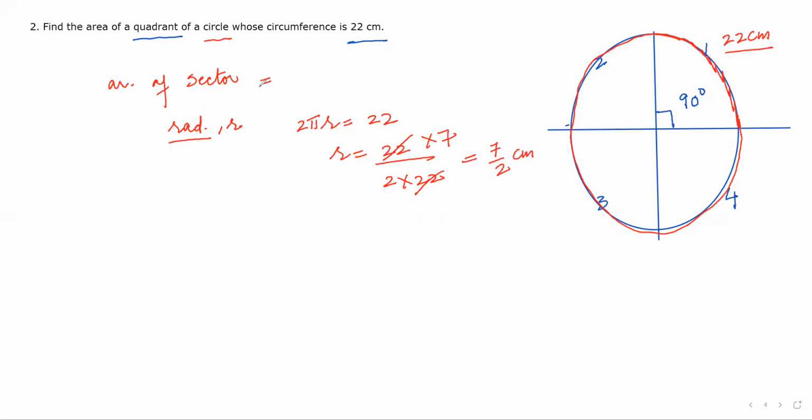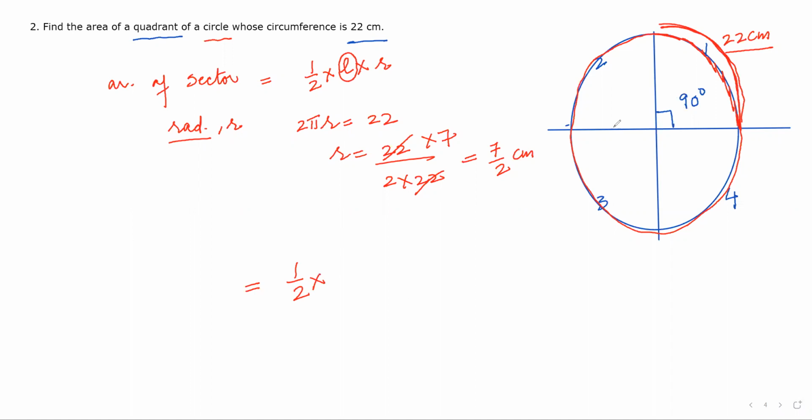Very good, Manrose. So area of sector, now how can you find it? So we will apply the formula. Which one? Pi r squared theta by 360, with theta 90. There you are right, but it is a long procedure. Any other student? Now apply the other formula: half into L into R. Very simple. Now, what is this L? This L is not the circumference. This L is the length of this arc.